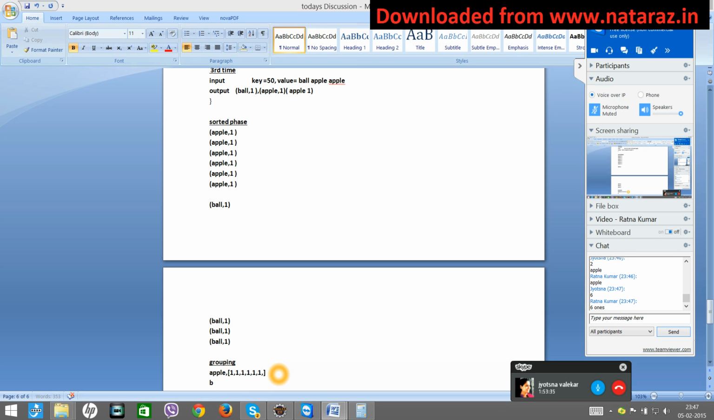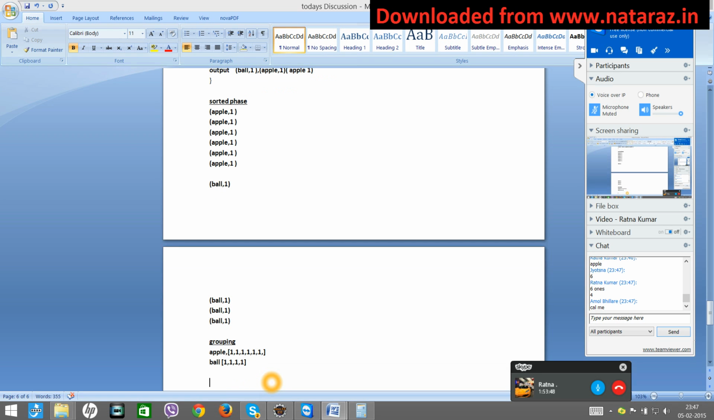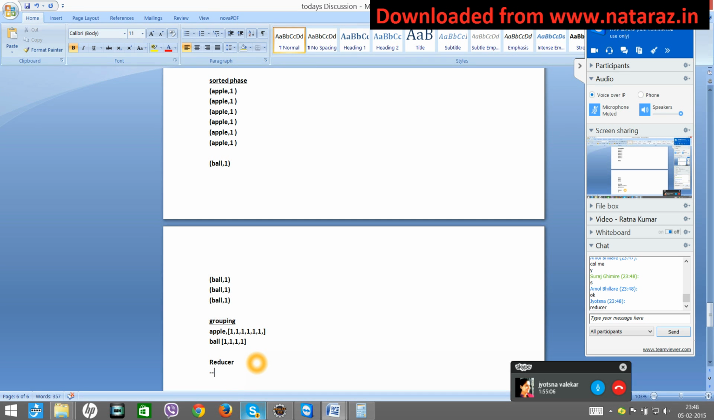Okay, now next value is ball. How many times this one? 2 3 4. Okay, so grouping is done. After this, which is the phase? Okay, so the output of this grouping phase is this, apple and ball. Now what is the next phase? Reducer phase. So reducer, in the reducer there is a method called